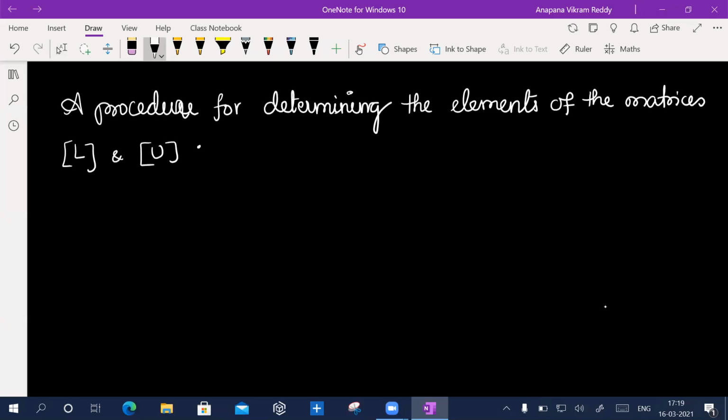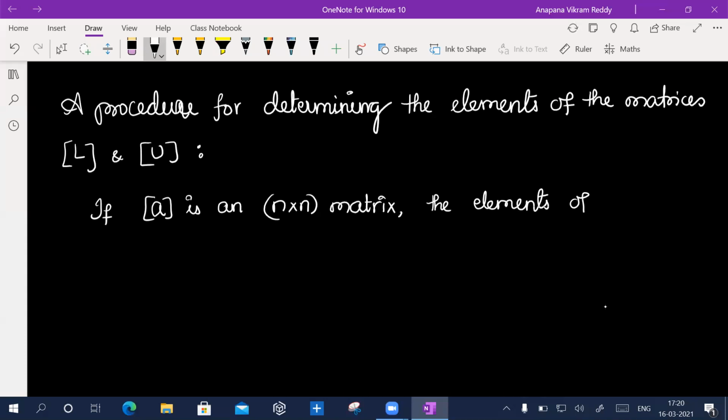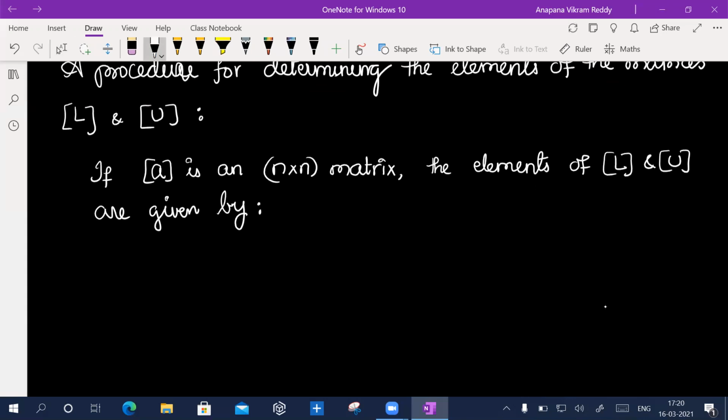That means, if A is an n by n matrix, the elements of L and U are given by, now you can take down step number 1.